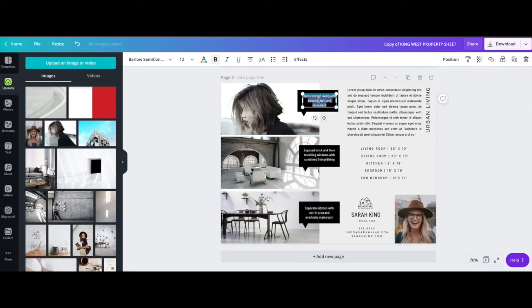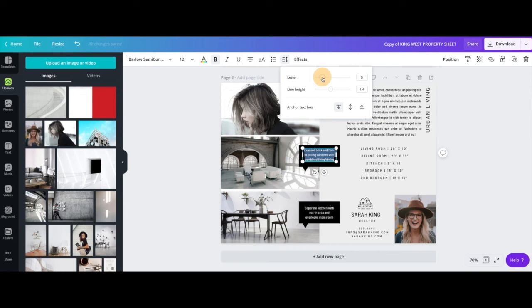If you have a lot of text that needs to fit in here and you're thinking, oh, this isn't big enough, I don't know what I'm going to do, highlight the text and then you can head over to this spacing tab. And what's really cool about this, actually let me use this one down here so you can see what I'm doing as I'm doing it. What's really cool about this is that you can reduce the spacing between letters in Canva. So you don't want to go too drastic here. You don't want it to be so it's illegible,